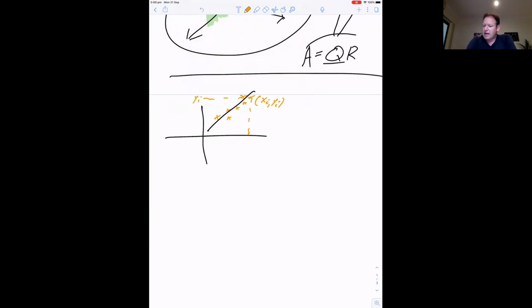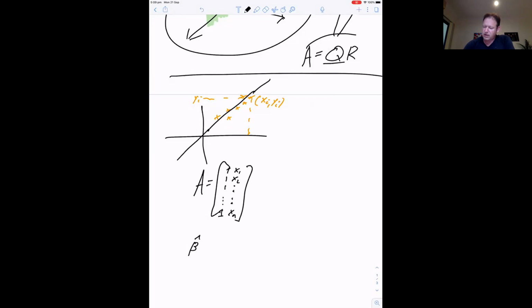In that case, we saw how to convert this line fitting problem into a least squares problem by taking the matrix A to be a matrix of all ones and of the coordinates x1, x2 up to xn. And then our beta hat,